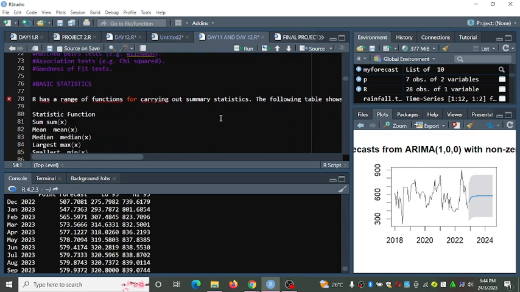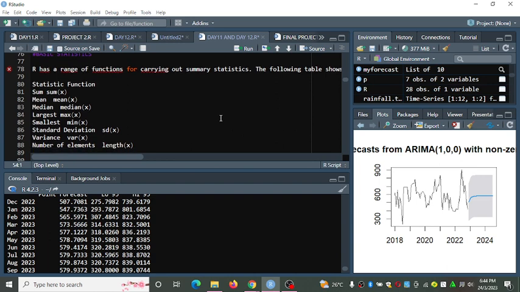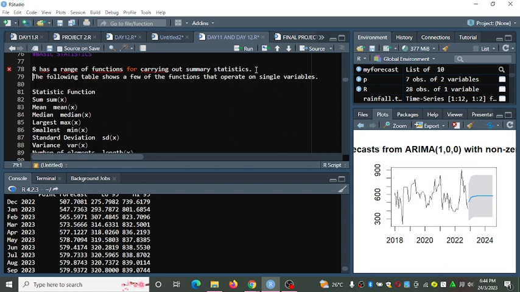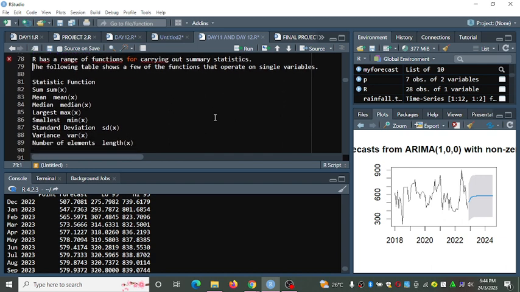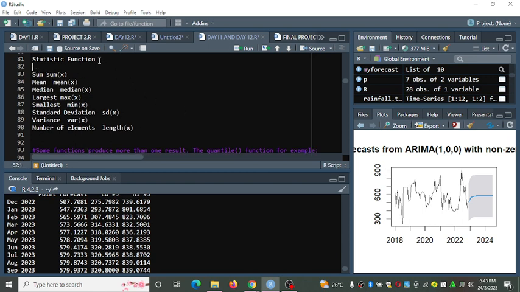And R has a range of functions for carrying out summary statistics, so I just picked some. I'm sure you have dealt with some here. We have sum of x, which gives you the sum of that particular variable called x.